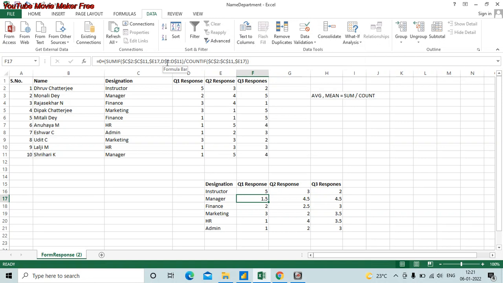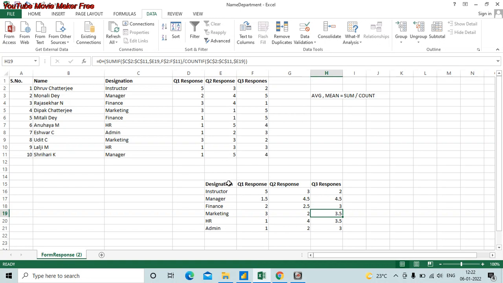Okay, so now we see that manager response has become 1.5, 4.5 and 4.5. We can validate that these values are correct. If we just manually see manager question 1 combination, we see one response has a value of 2 and the other response has a value of 1. So the average has to be 1.5, right? Similarly, 4 and 5 average is 4.5, 5 and 4 the average is 4.5. We can just pick up the HR question 3 also and see, right? So HR question 3, one is this one and the other one is this one. So 3 and 4, our average is 3.5.